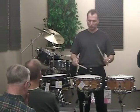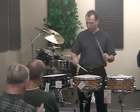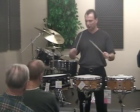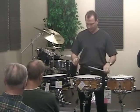Okay? With the double stroke roll, just to quickly review, I usually start out holding it very loose with my index fingers very relaxed. As it speeds up, you'll notice my index finger starting to curl around the stick to where at the very fast speed, not only do I have a thumb and index finger grip, but I actually use a little of the middle finger to support that. So,